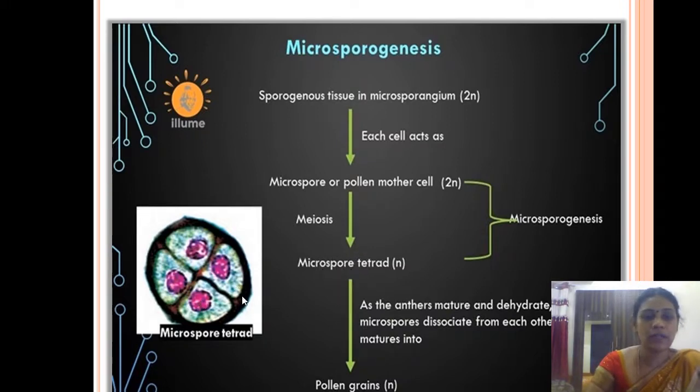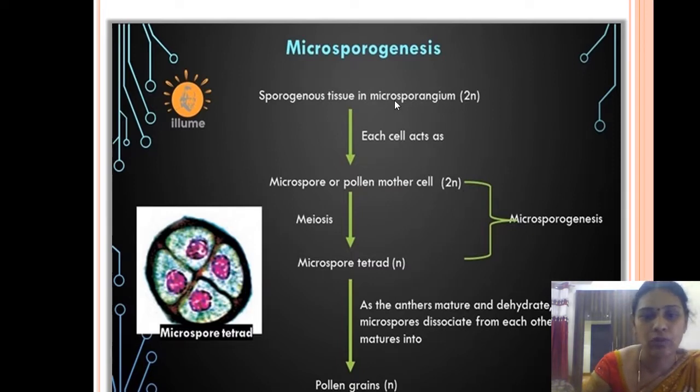After the last generation, the microspore mother cell undergoes meiosis and produces a microspore tetrad. Microspore tetrad means in one cell there will be 4 microspores. Soon they get separated and give new separate offsprings. That is called a microspore tetrad. But these microspores have n, that is the haploid number of chromosomes. Haploid and diploid I explained in the last year. This haploid chromosome number is present in the microspores, but the microspore mother cell and sporogenous tissue have the diploid chromosome number.